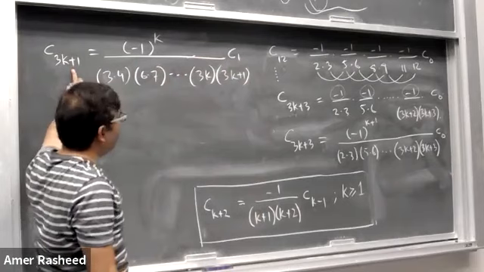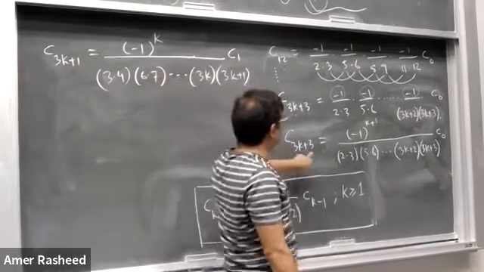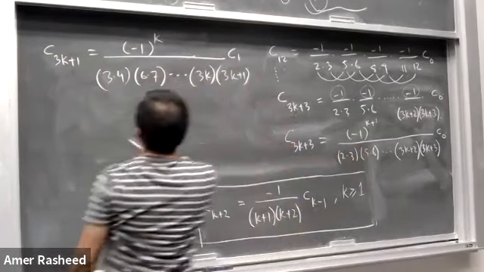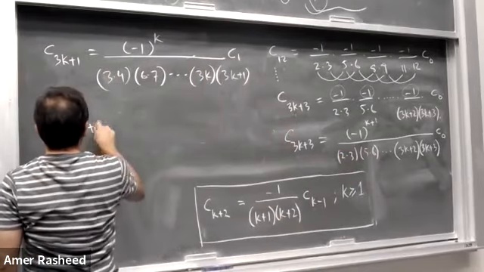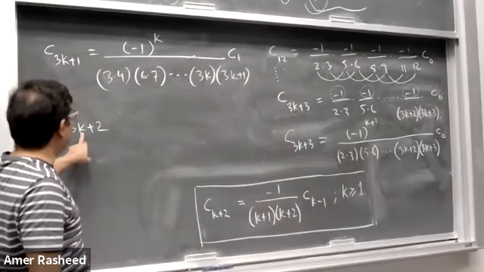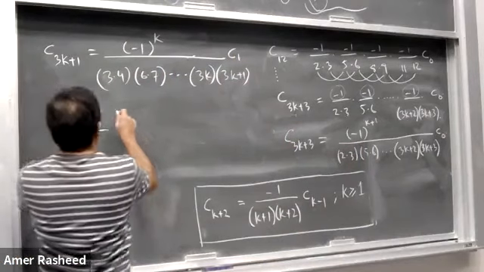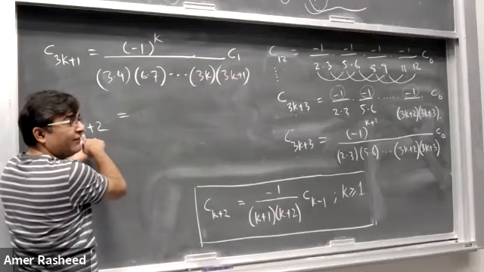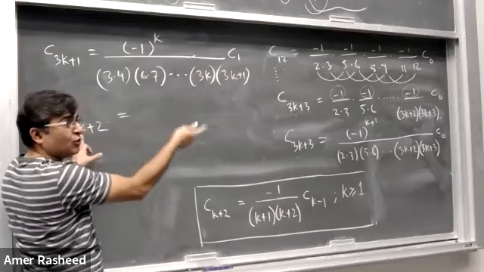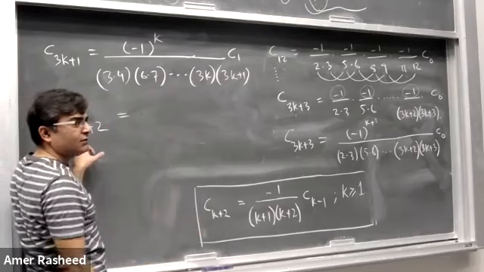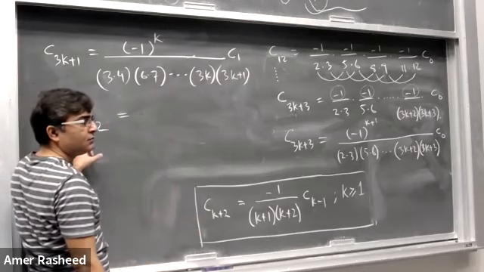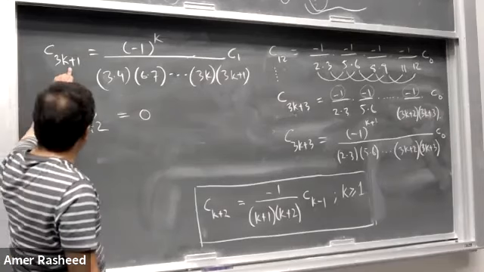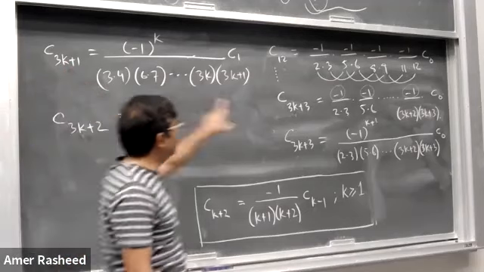अच्छा, 3k plus 1 हमारे पास इसकी वैल्यू ये है, 3k plus 3 की ये है, और C3k plus 2 when k starts from 0, जब 2 है, सॉरी 0 है तो 2, जब 1 है तो 5, फिर 8 एंड सो ऑन। ये सारे कांस्टेंट्स क्या है इनकी वैल्यूज? 0 है ना, हमने पहले 0 लिया हो। अब C3k प्लस 1 ये है, C3k प्लस 2 ये है, C3k प्लस 3 ये है।